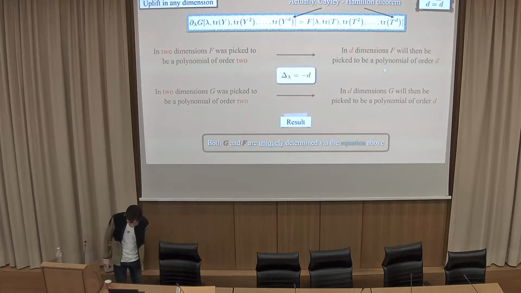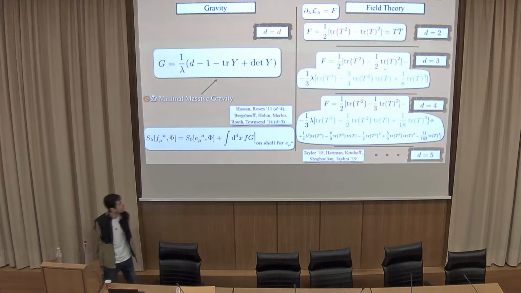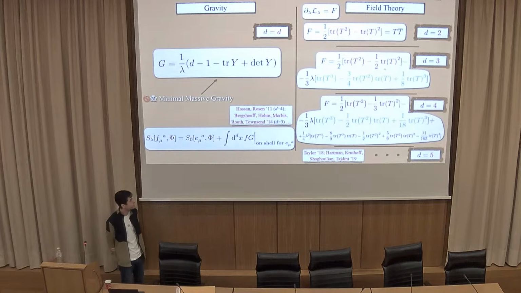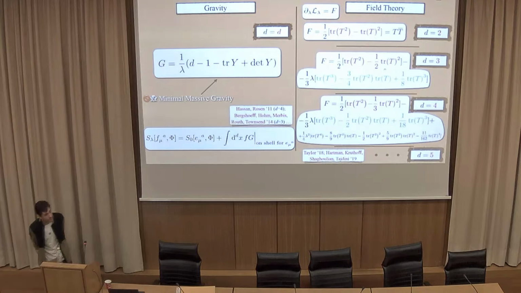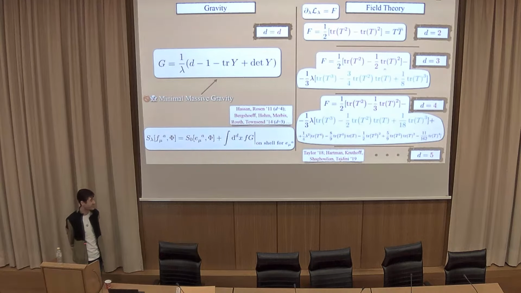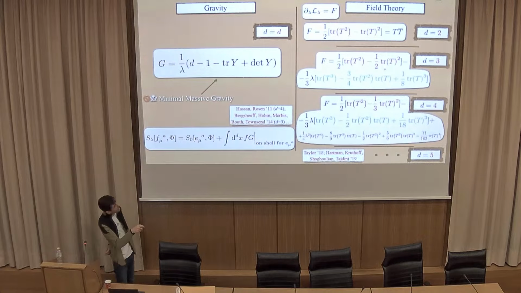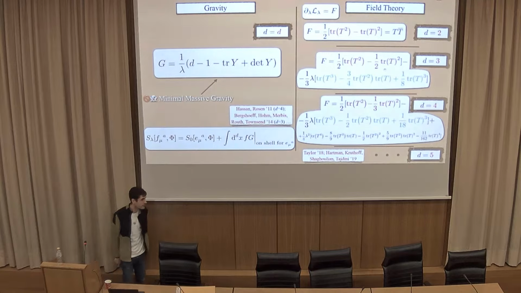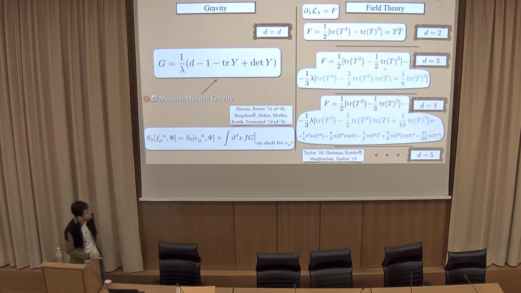Okay, let's look at how the solution looks. In d dimensions, g takes precisely this form, and we had no idea what this particular mass term is for a graviton. After almost a year of looking, we realized that this particular mass term is a very well-studied mass term in massive gravities. It was proposed by Hassan and Rosen in 2011 in 4 dimensions, and it's ghost-free. It's called ghost-free minimal massive gravity. So somehow, for some reason, these types of deformations know about massive gravitons. We don't know why. We just observe that this is true.